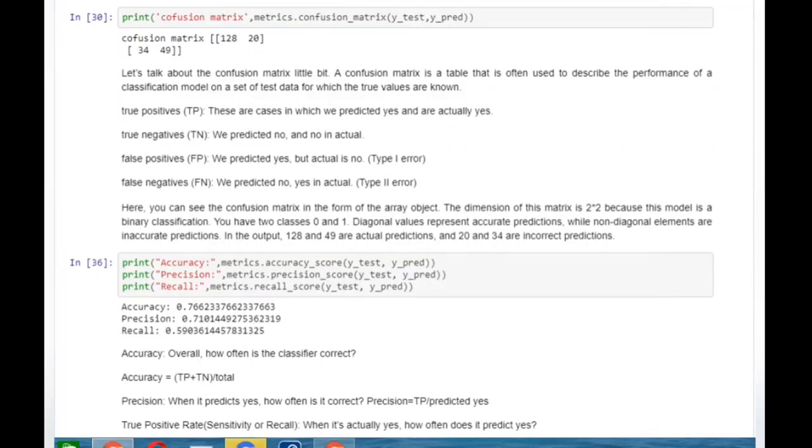From the above confusion matrix, we can see this is in the form of an array object. The dimension of the matrix is 2 by 2, because this model is a binary classification, so we have two classes, 0 and 1. Diagonal values represent accurate predictions, while non-diagonal elements are inaccurate predictions. In the outcome, 128 and 49 are accurate predictions and 20 and 34 are inaccurate predictions. By using metrics.accuracy_score, we can get the accuracy,